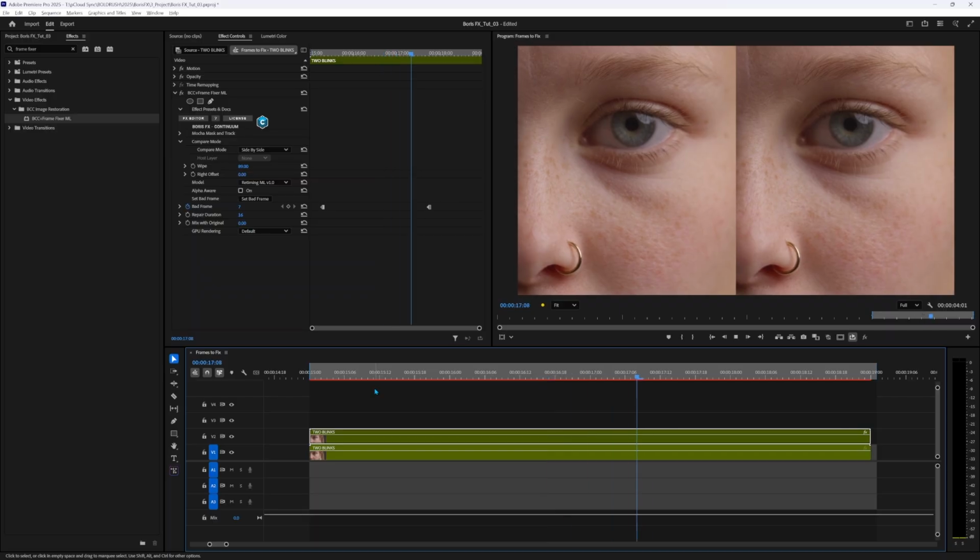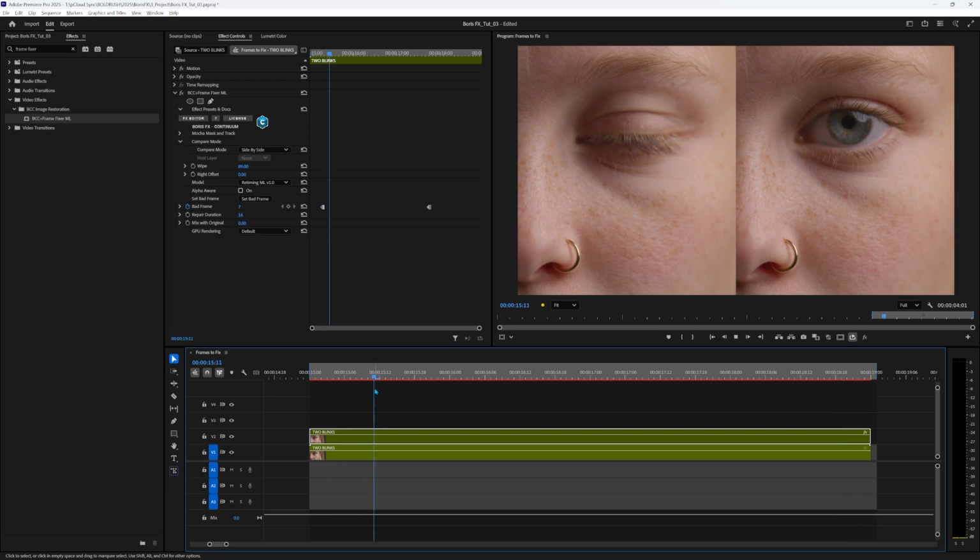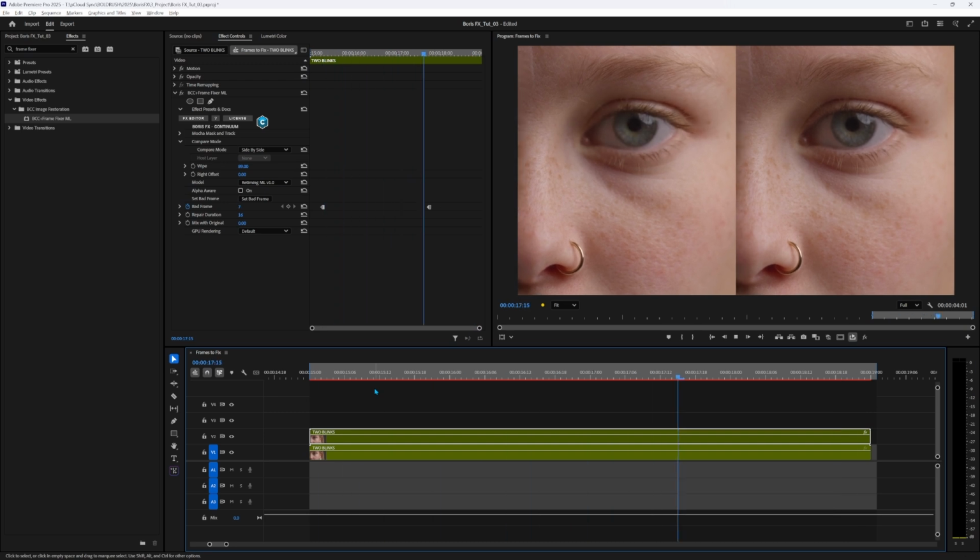This may seem like a very simple effect, but there's some fun stuff that you can do with it once you get creative. So check out what it looks like when we increase the repair duration to the same amount of frames that this model is blinking. At this point, she's going to win the staring contest.